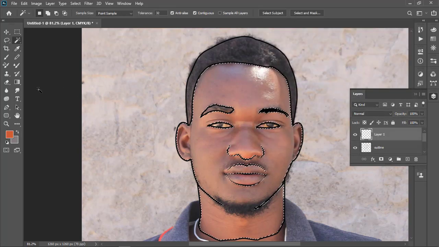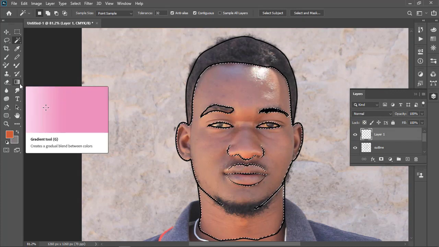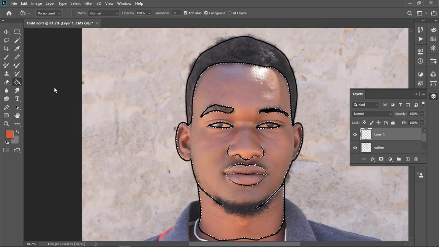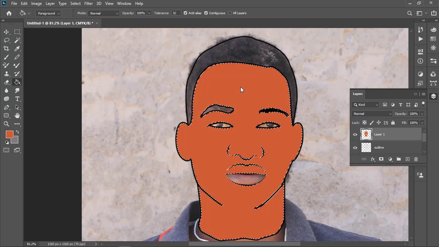The next thing that you wanna do, you come here, gradient tool, then you look for this bucket tool, then with your bucket tool, bring it inside here, then you left click. After left click, it is going to color automatically. Then you press Control D. Okay, for now don't press Control D, just create another layer.